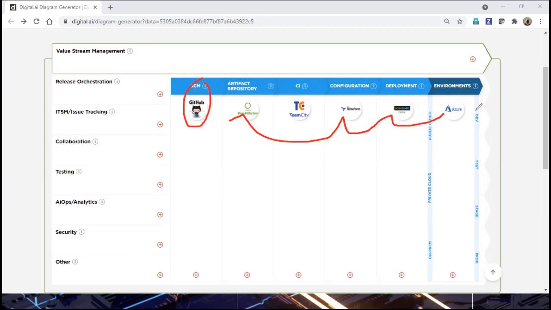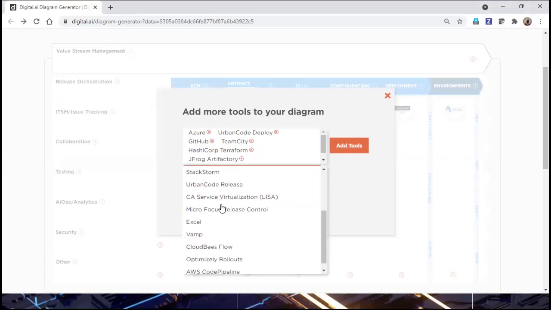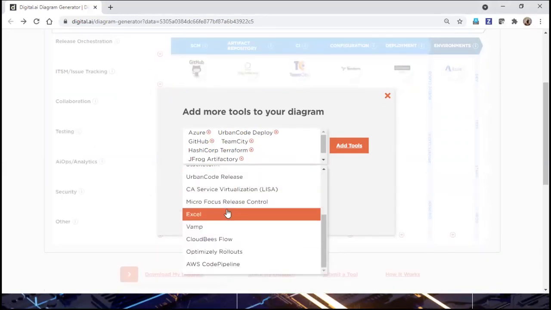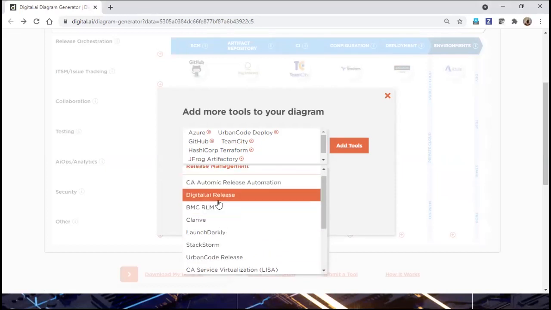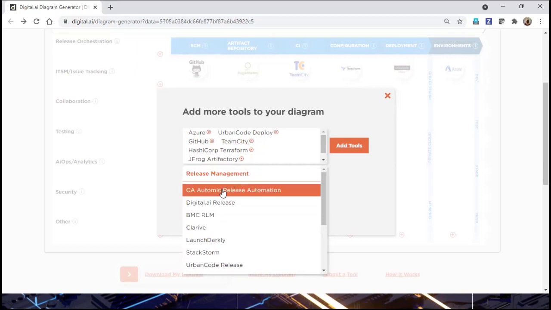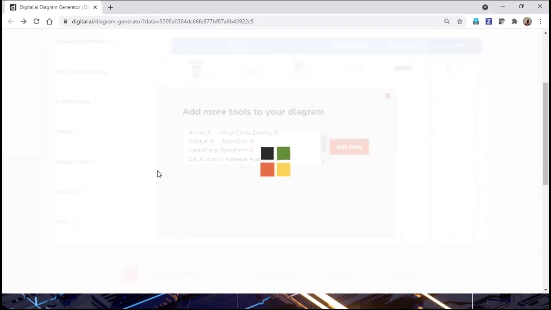To do all this, I need to track the releases and the versions, so it is mandatory to go with some release management. If you are really good, then let's go with Urban Code, which also has release management. Or let's go with CA, because recently I started seeing very good results in CA. Add tools.